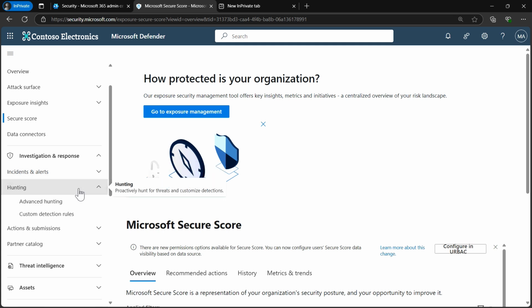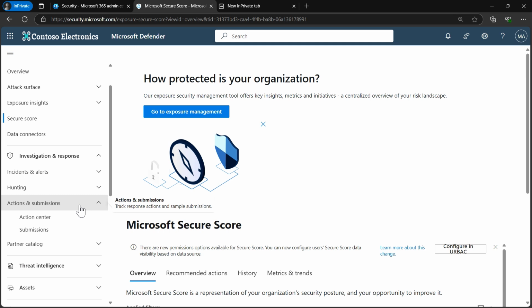I also have hunting here, and from here I can build custom detection rules and hunt for specific threats in my environment. I also have actions and submissions, and this is the unified action center that brings together remediation actions across Microsoft Defender for Endpoint and Microsoft Defender for Office 365.